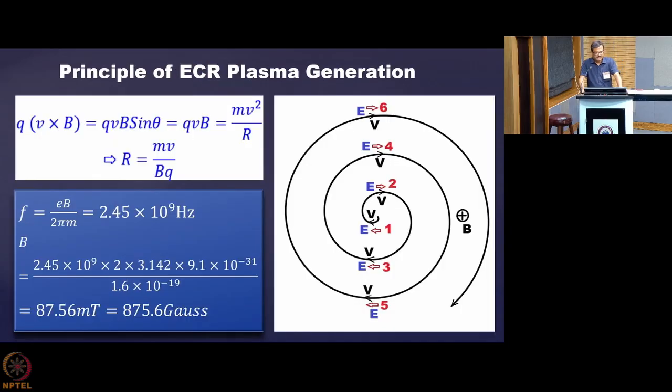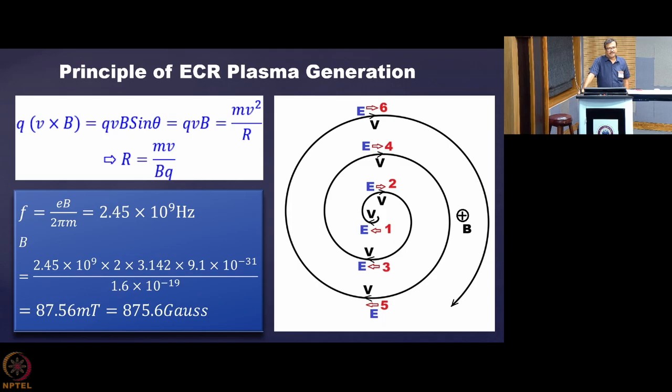Now, I was telling you for this example where I just want to tell you how the ECR plasma is generated. So, this is very important actually, because to understand the physics behind, the mechanism behind the formation of the electron cyclotron resonance phenomena. So, the name itself suggests that there are some electrons, there is some cyclotron motion, and there is some resonance. So, each of these E, C and R we will be explaining in this example.